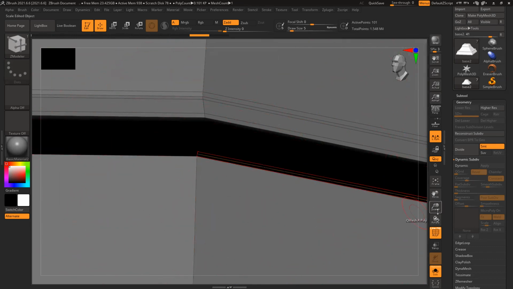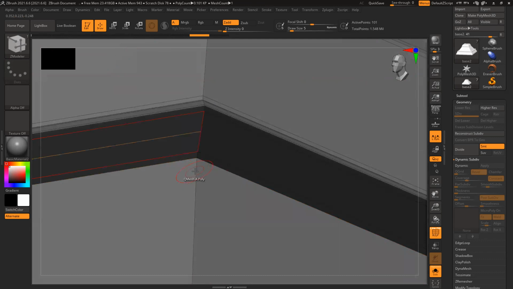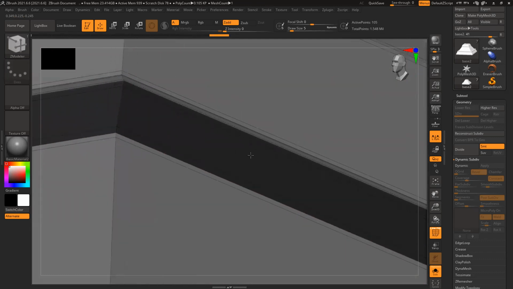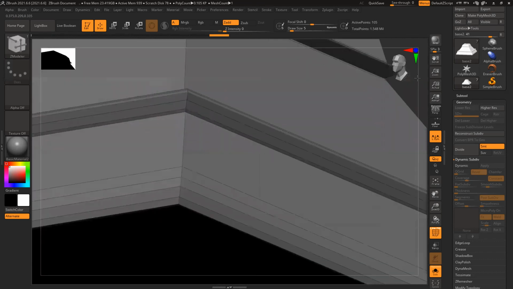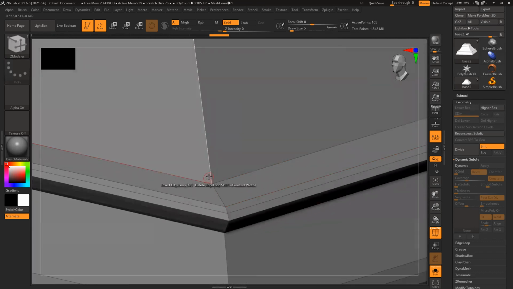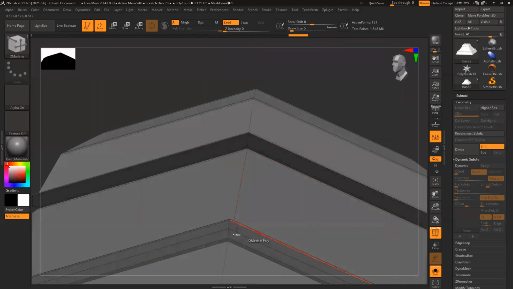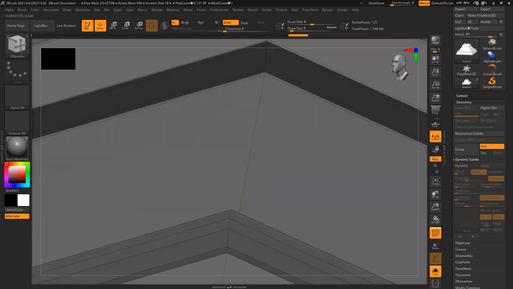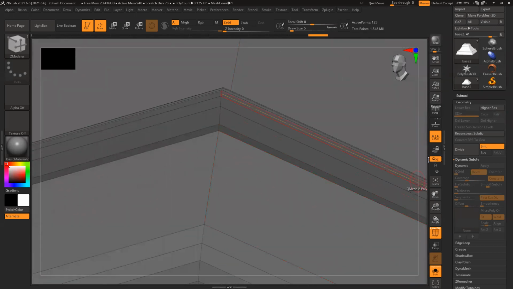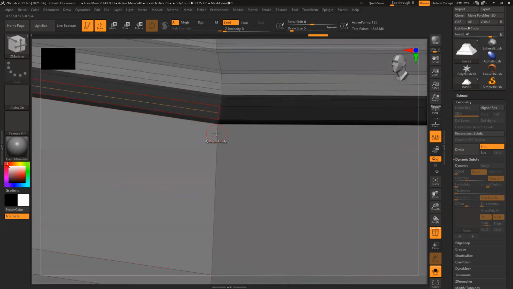Oh, and all these supporting loops are required only for high poly.